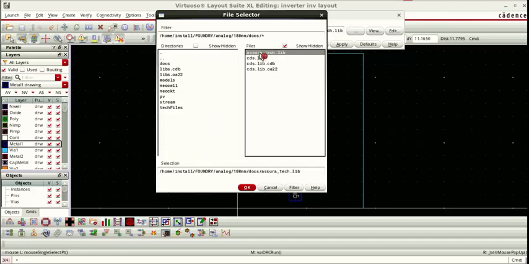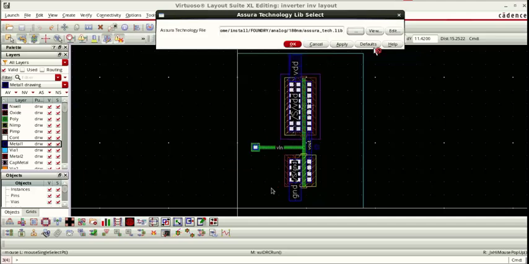we are having this. Okay, so after this Asura, for me it's already connected, so I'm not going to do this, but what you have to do is select this Asura, and whatever comes in the selection, you have to copy it and paste in the filter here. I repeat, after GPTK 180 nanometer, on the right side Asura tech.lib will come, that you have to select. After selecting, whatever is written in the selection, you have to copy and paste here in the filter. Okay. Then it will appear here.